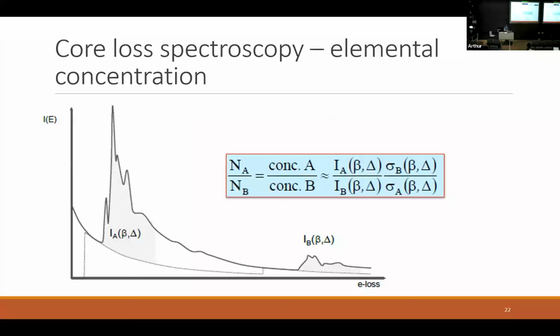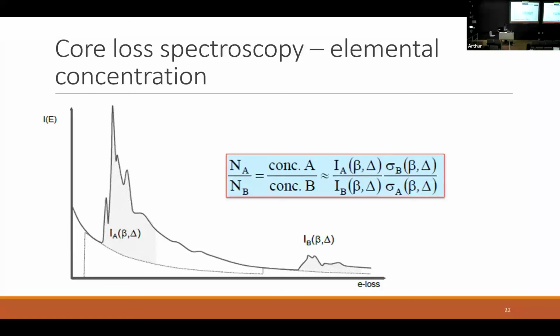Another thing we might want to do is figure out how much of our material is there, not just what it is. So once we've identified what our peaks are, we can come along and integrate under the peaks. Because this is our background, anything above that is coming from transitions from that particular elemental transition. So we can integrate under this and get an intensity here. And then we've got another element over here, so we can integrate the same width here so that we've got our counts.